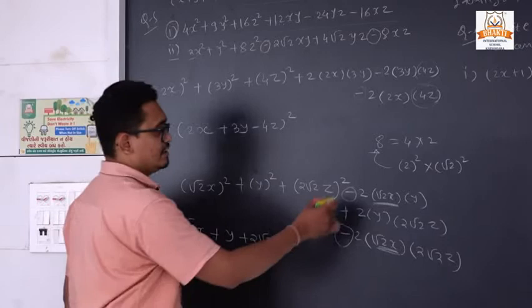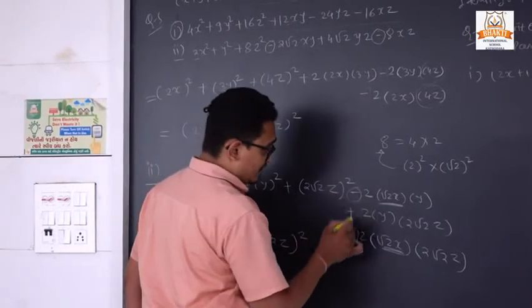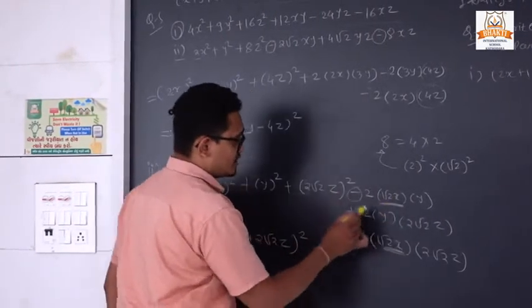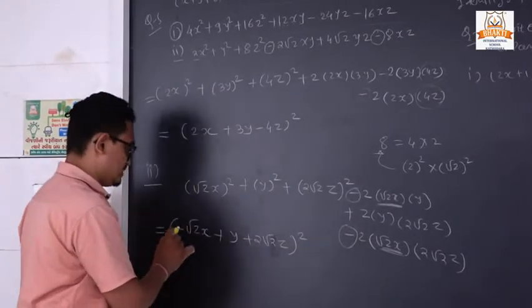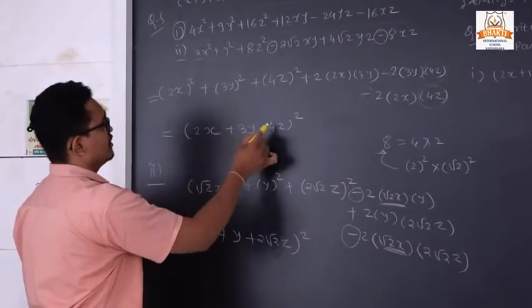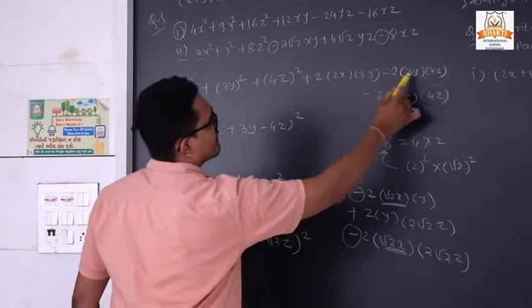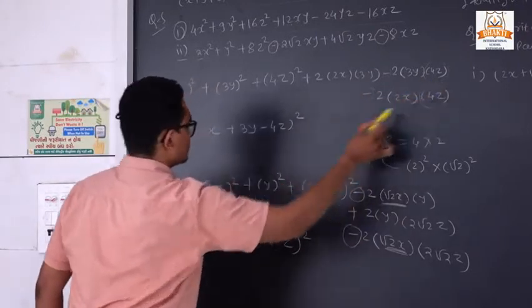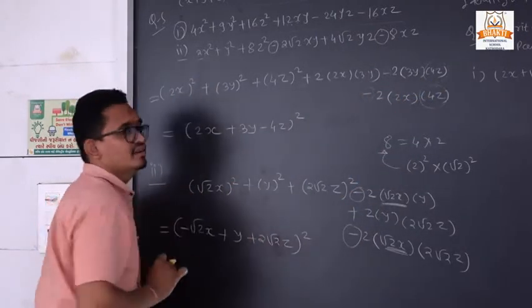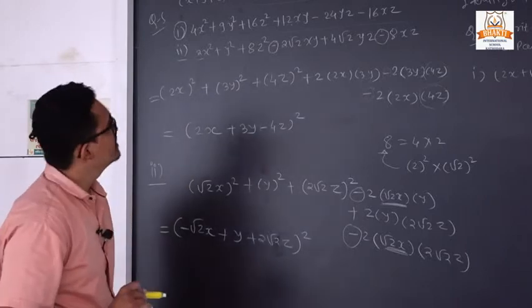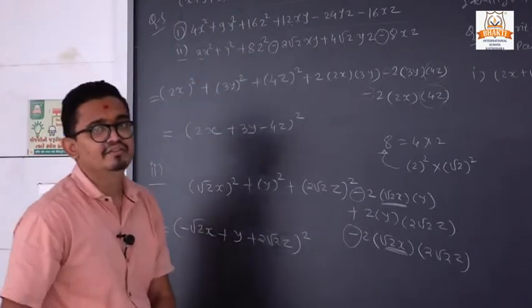Here you must remember that if we have a minus sign and a term is common, that term we will take as a minus sign here. Same in our question number 1 also. See that in both of these we have a minus sign, and which term is common? Third term. So here we will put a minus sign. So it is our question number 5.